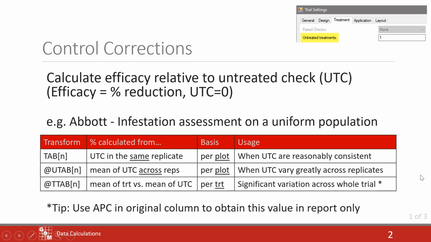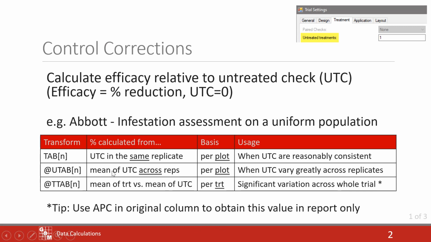Now, if we don't quite have that assumption that the check's really the same, maybe there was some variation within just the check across different replicates. So if we didn't quite have even pressure from our pest, then there might be some concern about just using the same replicate, because of course, how much of that response that we calculated, how much of that is due to the actual treatment versus the amount of pressure in that one replicate in the check plot. So instead of confounding all of that and making us a little less certain about things, let's instead generalize the check. So utilizing the @U tab, that will use the